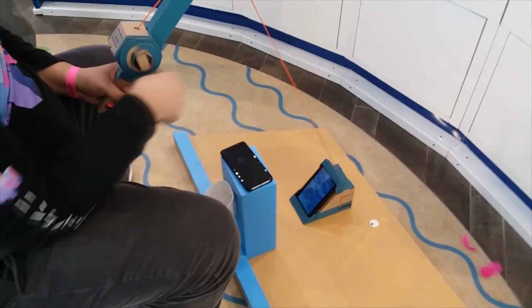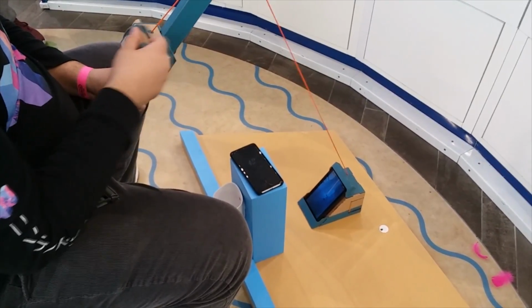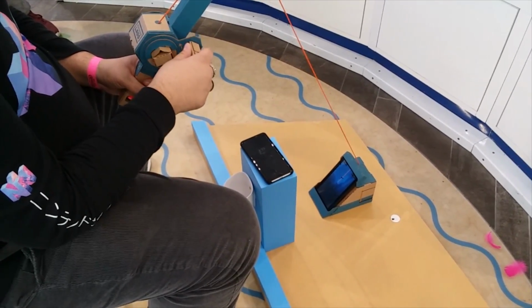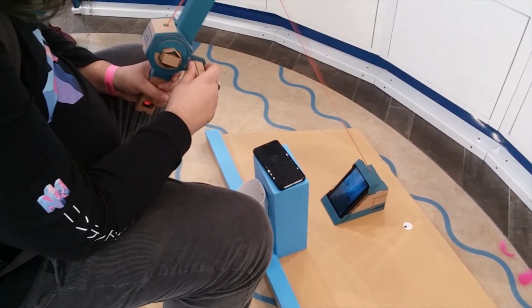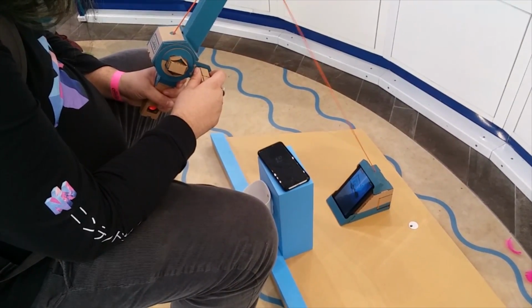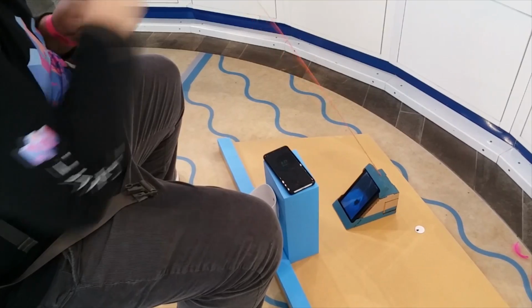Next would be the fishing pole. I did the fishing Toy-Con, and it was pretty fun. It was pretty enjoyable to see that you could actually go deep into the sea and even hit the ground. It's not very deep, but it feels like a lot to reel back when you're trying to get the fish